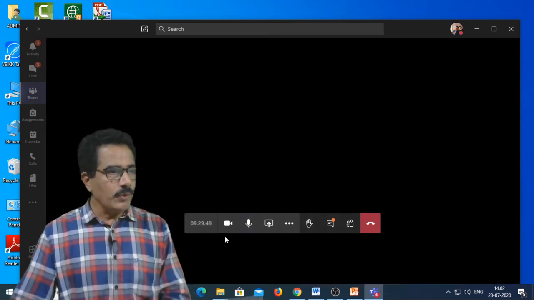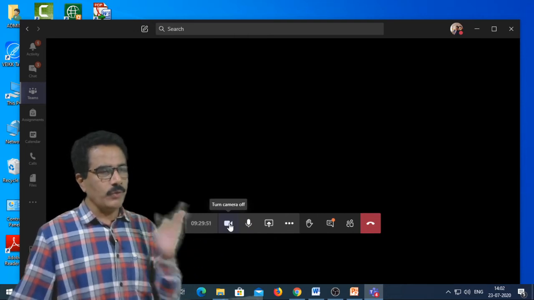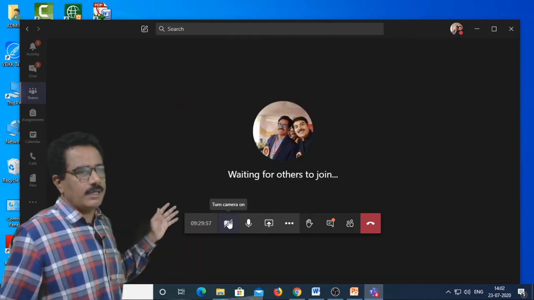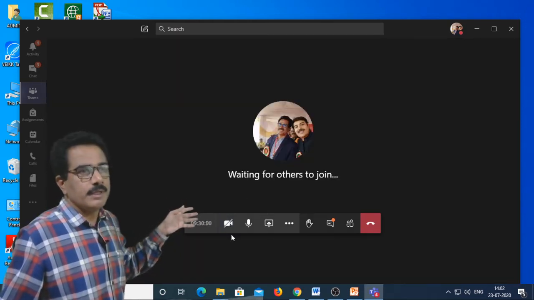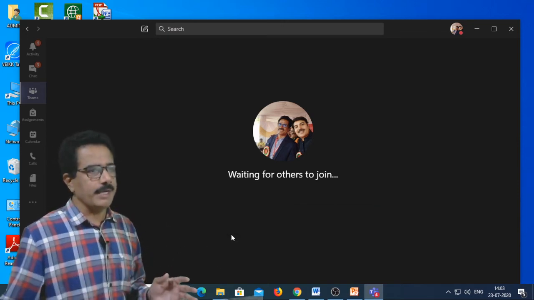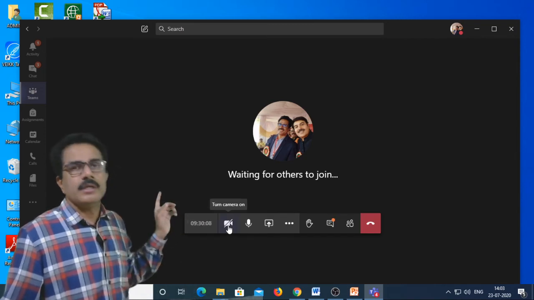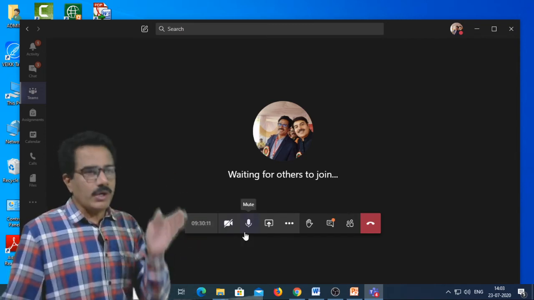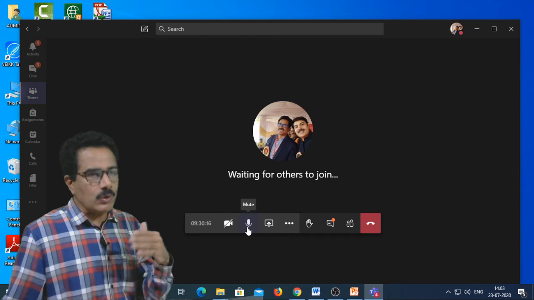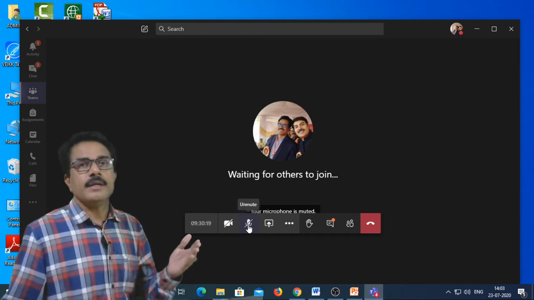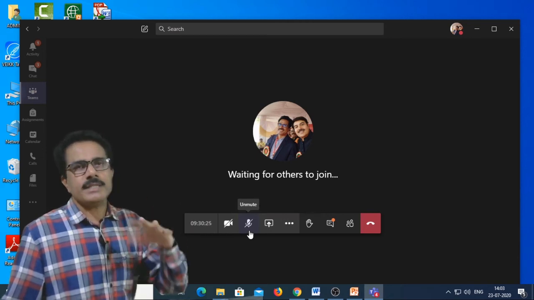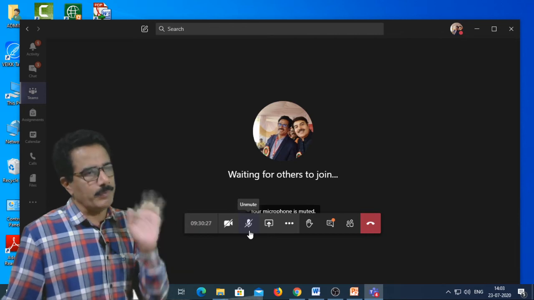Now you will see here the icon to turn video on or off. If you want to turn on your video, you have to turn it on, otherwise keep it off. If you want to talk or ask any question, you have to keep your mic unmuted, otherwise it will always be on mute.